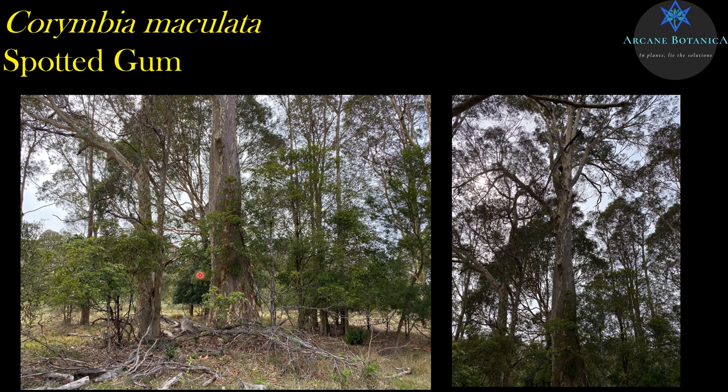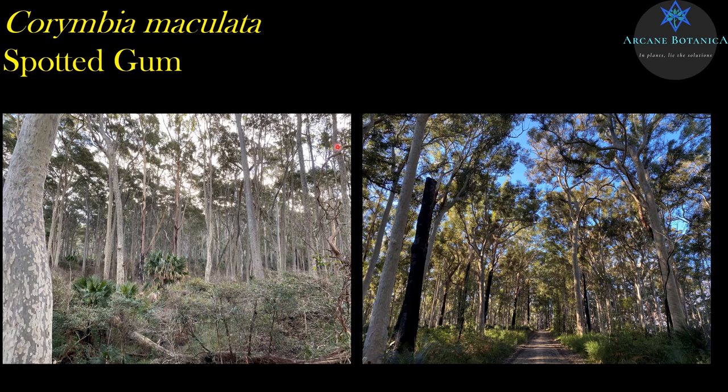Again, this is heading down the south coast. This is around Nowra. I just had to investigate this site, but again, we just had some really tall ones, and they were co-dominant with some other species of Eucalypt and Angophora as well, I think. But yeah, just some really big, tall spotted gums. Really distinctive, really nice, really easy to identify.